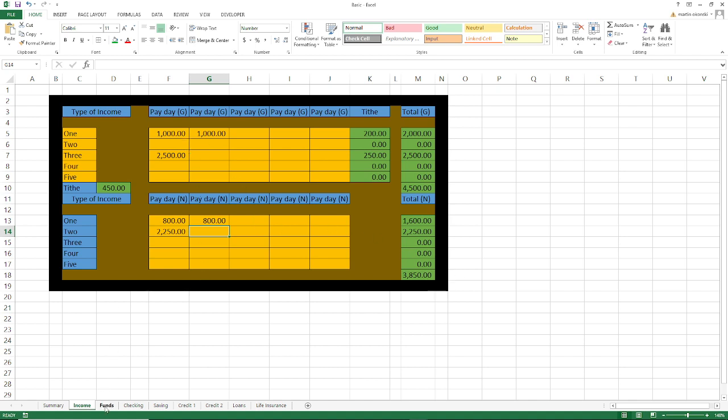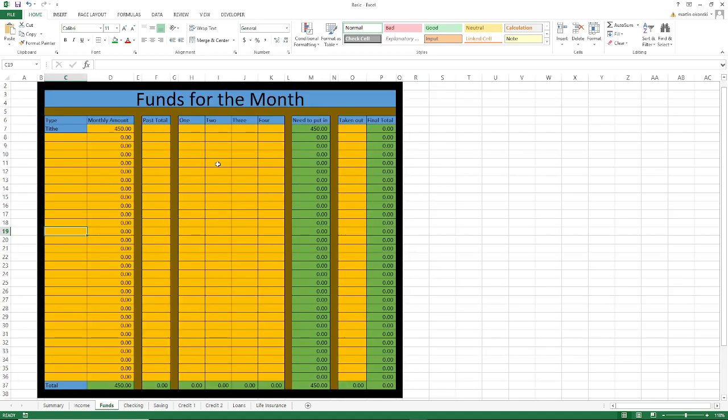So if you go to the funds page, oh, this one should be blue too. Oh, wrong color, sorry about that. That blue, okay, because that shouldn't be changed. And if you see, it needs to be put in.